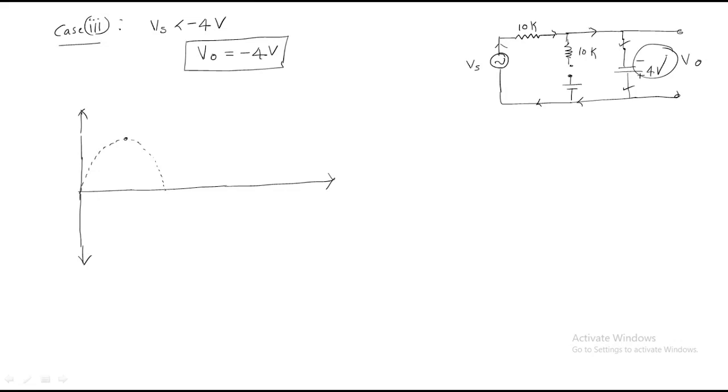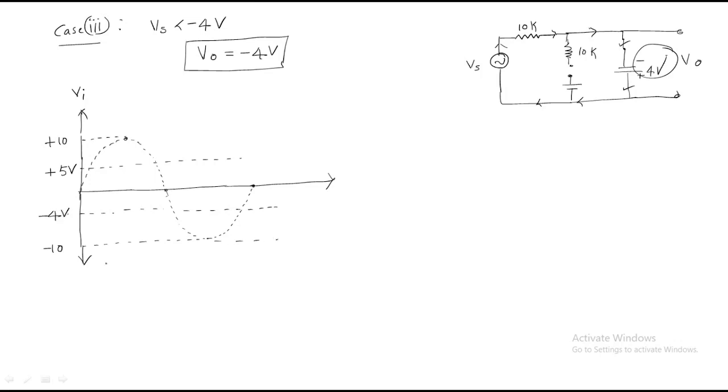Plus 10 and the minus 10. Okay, so this is the plus 10 and this is the minus 10. Just take it, plus 10 volts and minus 10 volts, and the input voltage. And we have two limits. One is the plus 5 volts limit, so just again draw the plus 5 volts limit line, and the other limit is minus 4. So better to take this as the minus 4 limit.